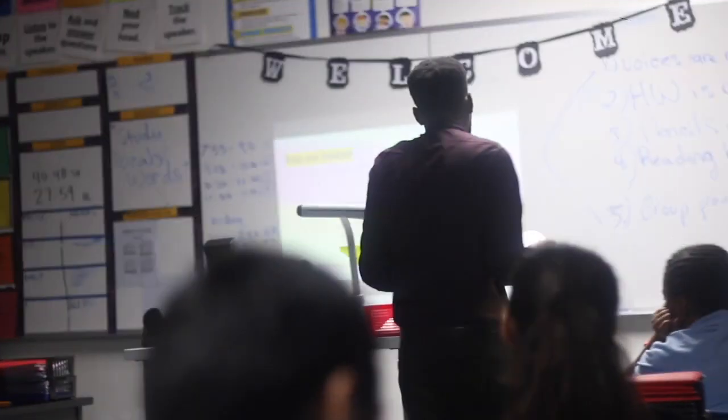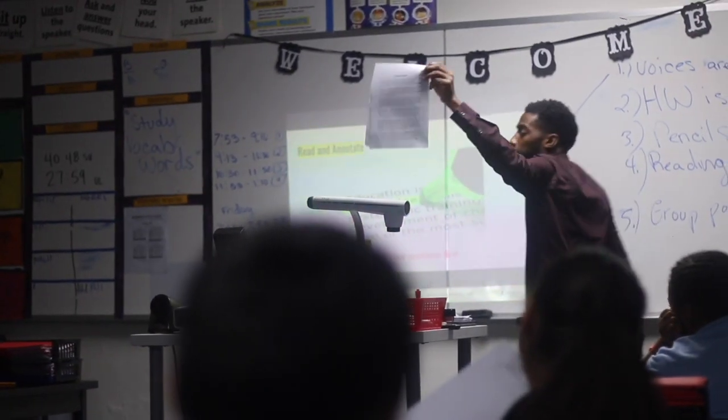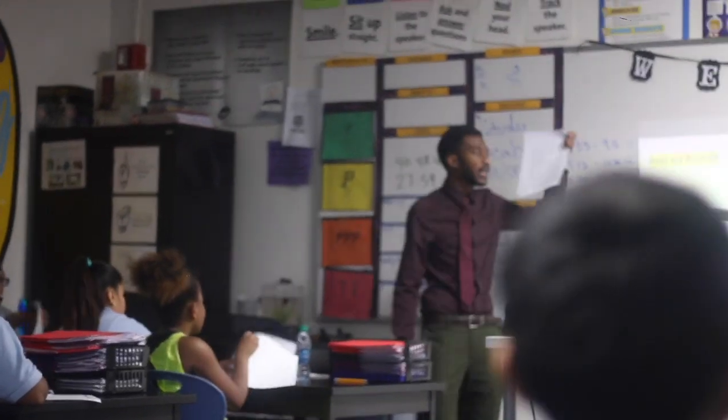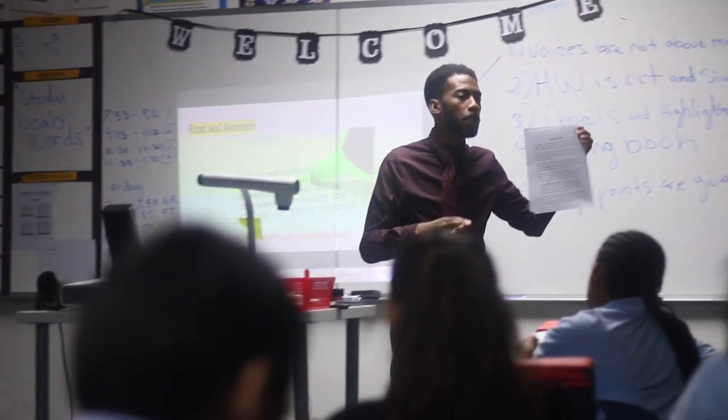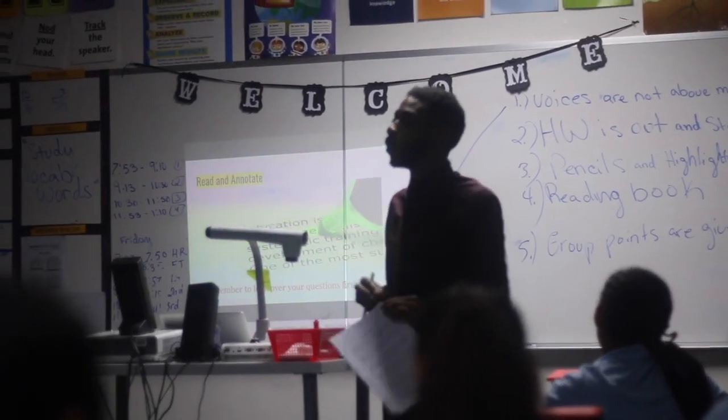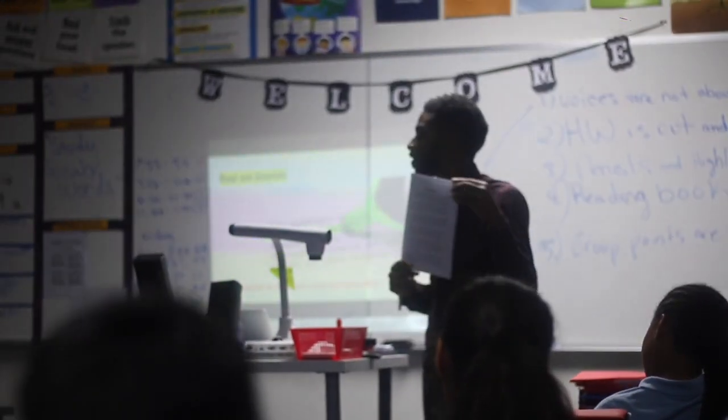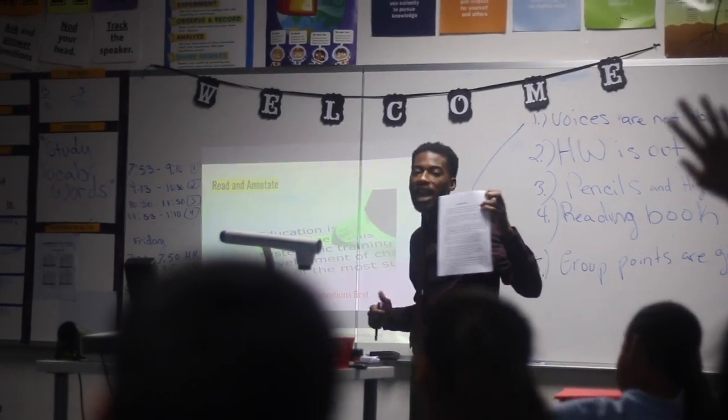Let's flip back to our text. Read and annotate. Let's flip back to our text that's labeled read and annotate at the top. This text is really going to help to guide the remainder of our lesson. So make sure that you're participating and you're annotating as well. What does it mean to annotate? Just a refresher, because I really need awesome annotation during this text. What does it mean to annotate?